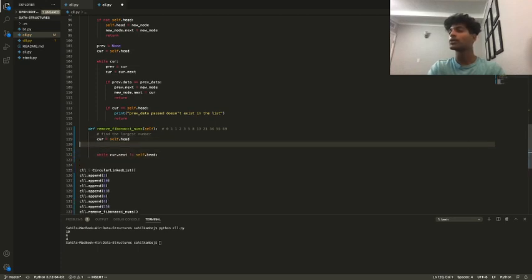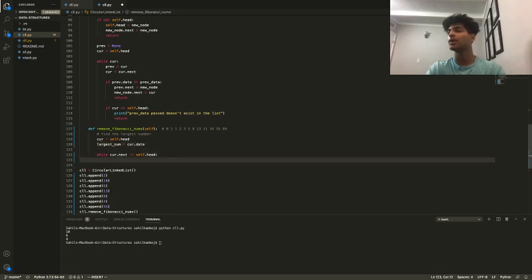I'll also want to make a variable called largest num, and we'll make that equal to cur.data. All we want to do is loop through the entire list, and if we come across a node where the data element is greater than largest num, we'll just reinitialize what the largest num is. So we're going to say if cur.data,